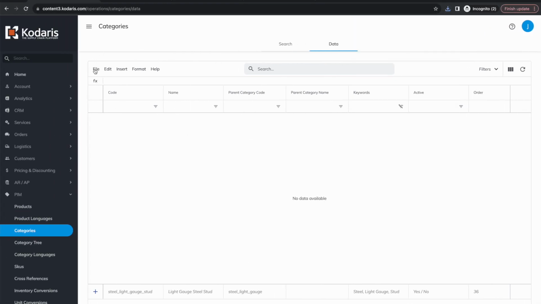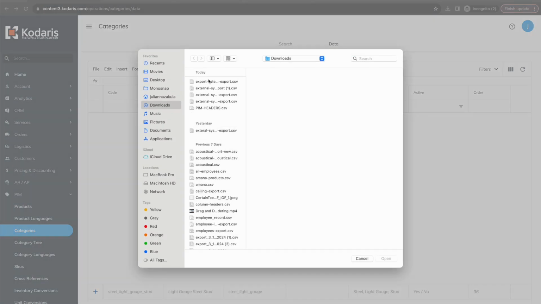And hop over to the Kodaris PIM. And now what we're going to do is we're going to choose an external ID importer. As I mentioned before, usually the Kodaris system is going to key on the category code, and if you're fine with that, you'll want to go ahead and choose these create and update or create only or update only importers. However, we want to key on the external ID that we've just set and not the category code, as those may change. So let's go ahead and select external ID and choose our sheet that we saved as a CSV